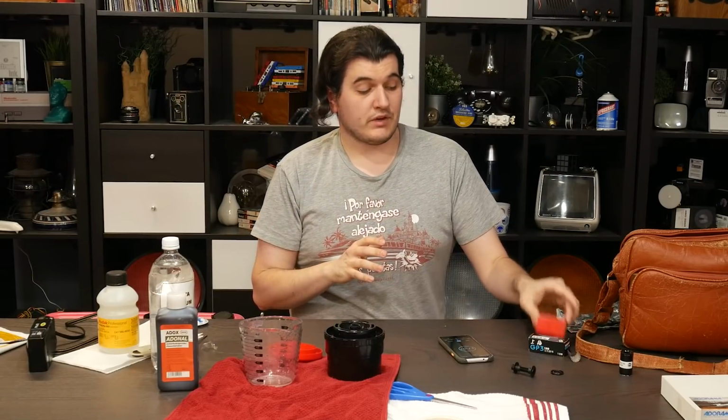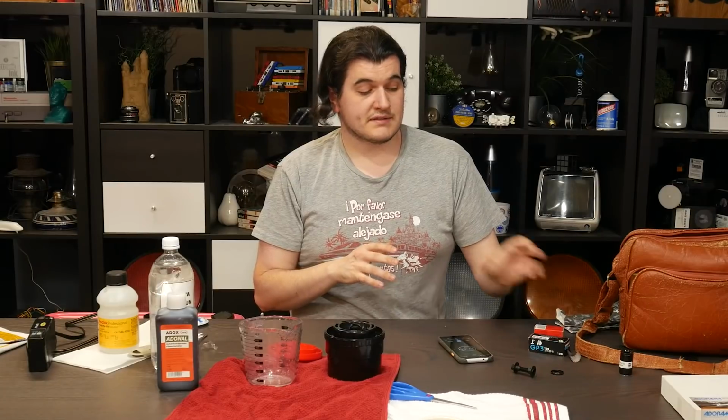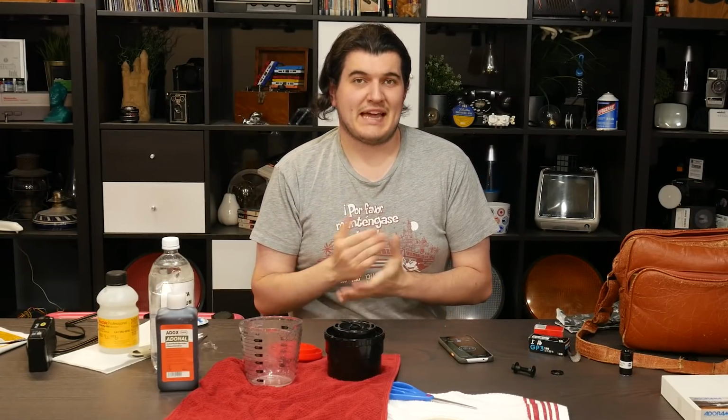I want to say the smallest kit is something like $30 and will do 10 rolls of film, something like that. And it's the same thing. You reuse the chemicals, so you don't have to do it all in one go. But that would be fun. I'd like to test if this film still works. But honestly, I have to say I'm far more interested in black and white photography and printing in a darkroom than I am color analog photography. I don't really know why. It's just...